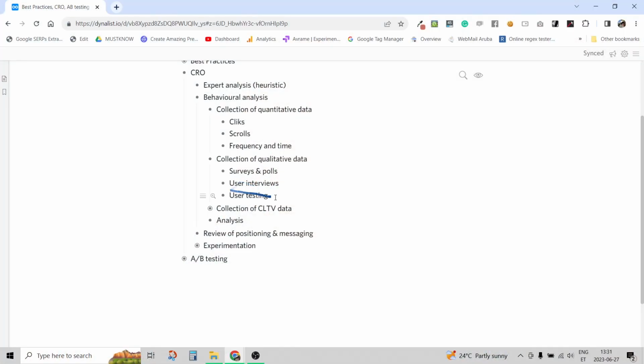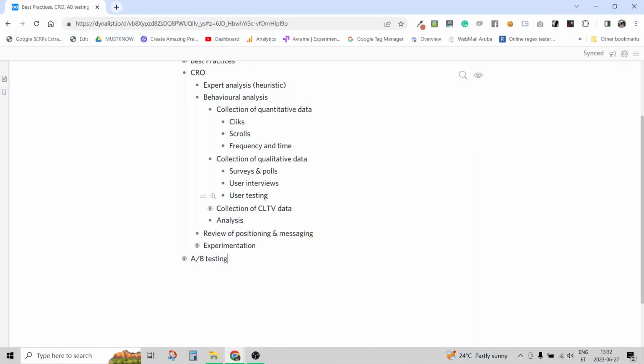And then we make user testing. So we observe somebody. Maybe these people are paid to carry on a task on your website, like find the product and buy it. And we observe how they behave. Can they find the product? Is the navigation easy? Do they like what they see? So this is called user testing, and it's part of the CRO research that is done at the beginning of